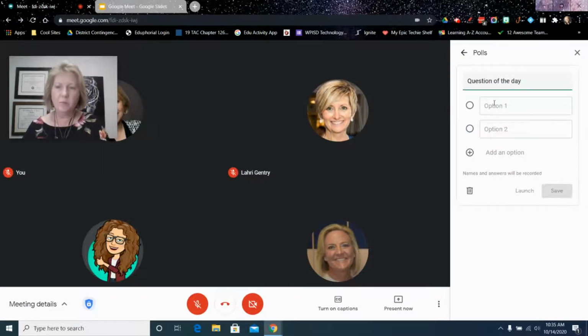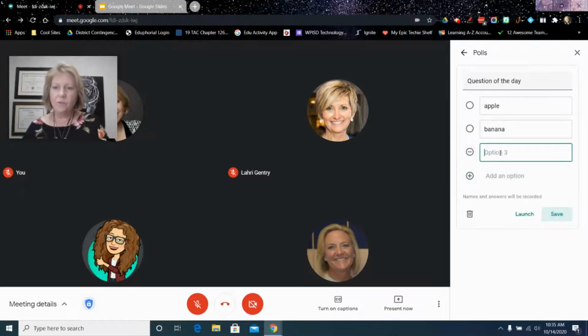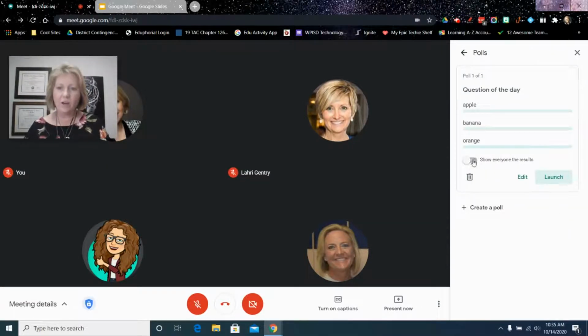and then you can put as many options as you want to. Add options if you need to. Now you can save this, or you can launch it immediately. If you choose to save, you still have it here. You can choose to toggle to show everyone the results as they are taking the poll. You can edit here, you can delete it here, but if I launch it, then it's going to be live